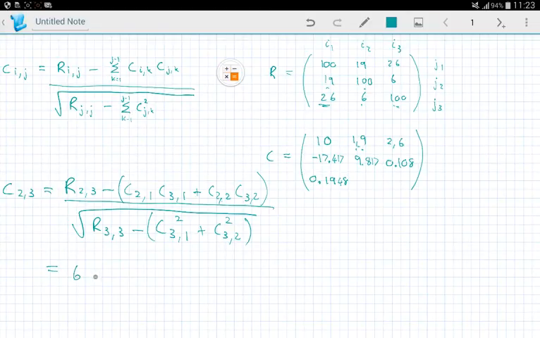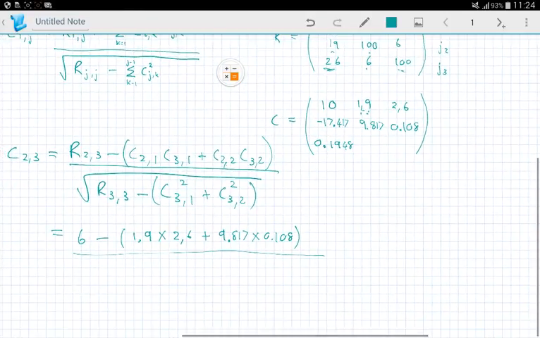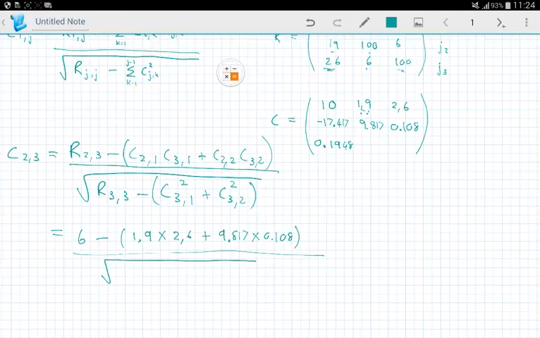So it's 6 minus C21. C21 is 1.9. 1.9 times 2.6 plus C22 is 9.817 times 0.108. Okay, so we're definitely going to have a negative number over there. Well, it has to be negative because we can't have a negative in our denominator. R33 is 100 minus